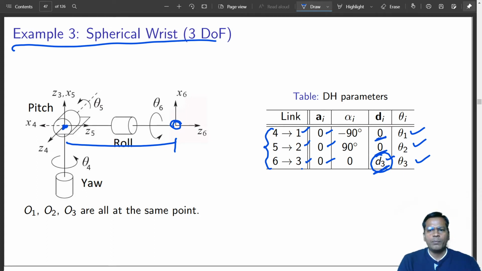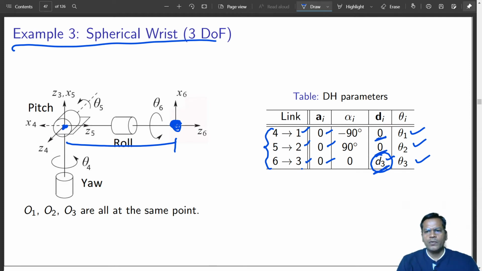If you saw my robot, the robot end effector was at a distance from the spherical wrist. Same in your case also: if you take your arm, your wrist is here, whereas you hold anything at the end effector over here. So there is some distance, and that distance is shown like this. In your case, this is your finger. It is exactly a tool which is fitted at a flange. So in the case of a robot, this is your flange.